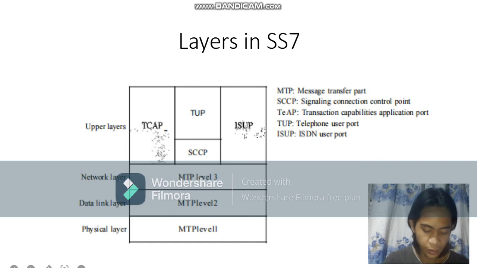Transport layer, or SCCP. The signaling connection control part, or SCCP, is used for special services such as call processing. Then the upper layer. There are three protocols at the upper layer: TUP, TCAP, and ISUP. The telephone user part, or TUP, is responsible for